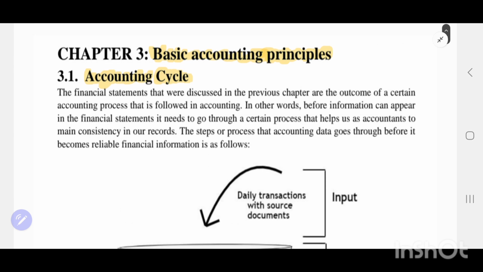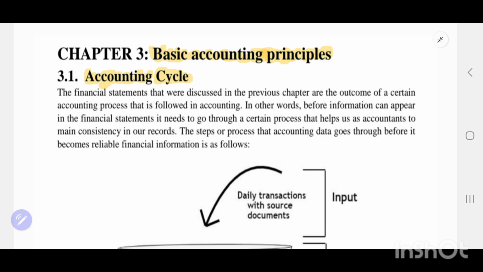Of course, we went into detail with all of these things. So if you want to catch up on all these things, please go through the videos that we uploaded last week. Today we are going to continue on the basic accounting principles